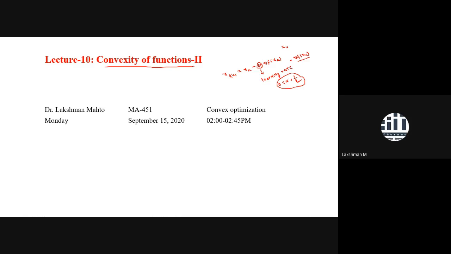But if you start by taking a fixed learning rate, then definitely your algorithm is not going to converge to the actual solution in a nice way. Sometimes your algorithm would be very slow, taking many iterations, and sometimes it will diverge. That means it will pass the solution and go somewhere else. So two kinds of problems come up. One is slow convergence rate. The other is oscillatory behavior.